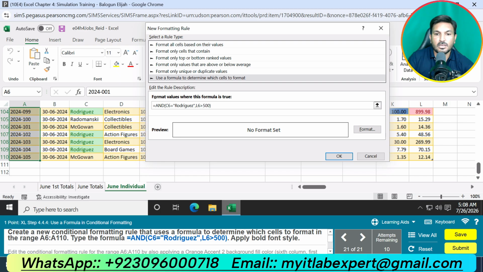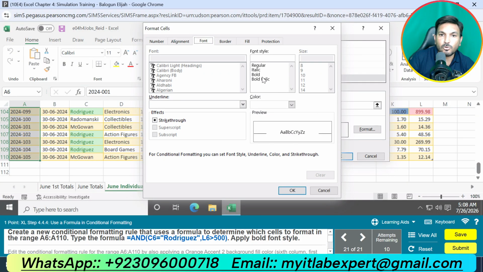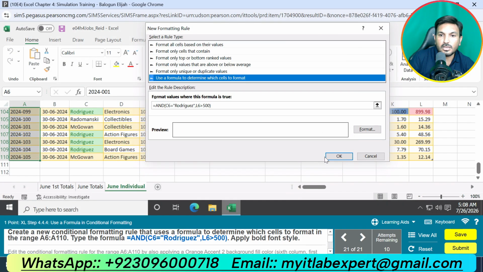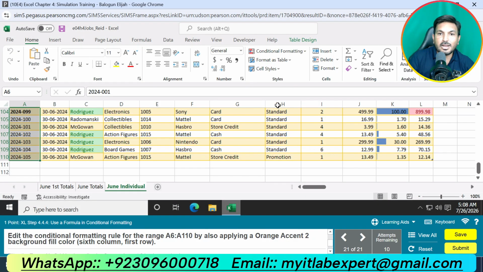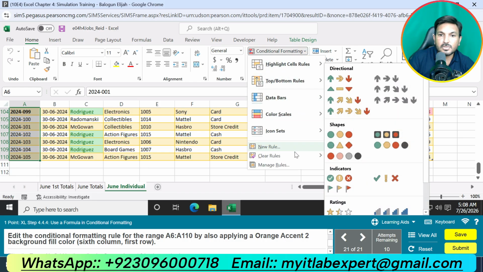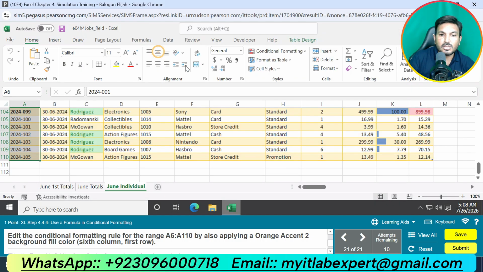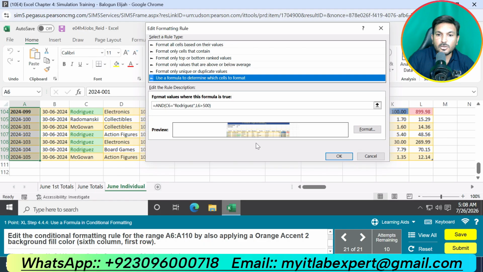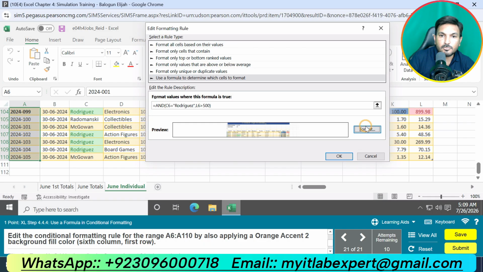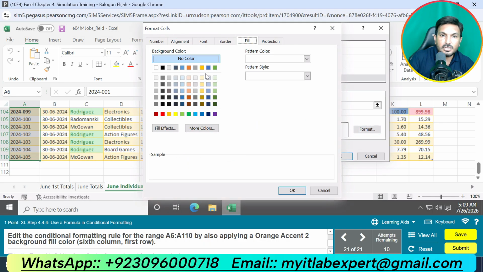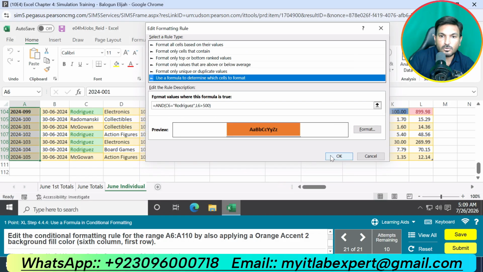Okay, apply bold font, format and select bold and click OK and click OK. Now added the conditional formatting rule, this one, manage rule, and added this rule. Okay, also applying orange accent to background fill color, format fill color should be orange accent 2, this one. Click OK and click OK.